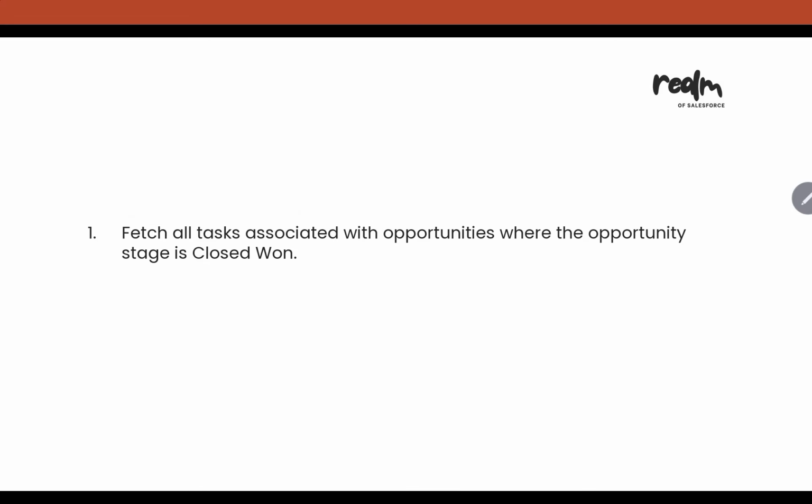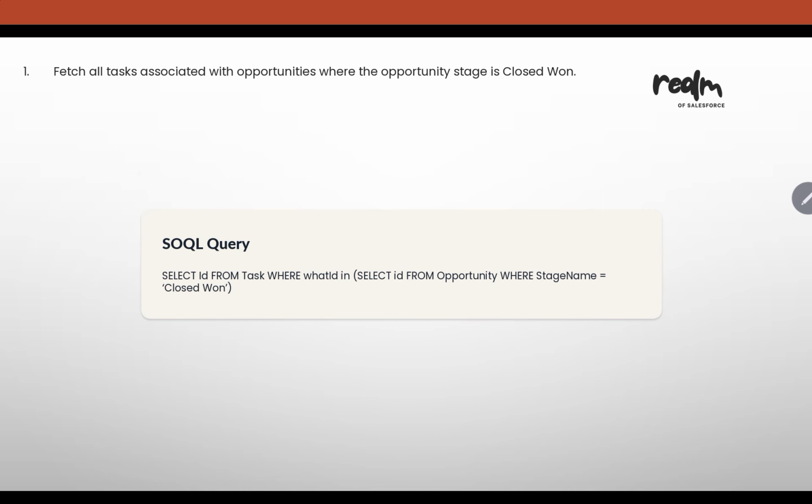Moving on to the first question. Fetch all the tasks associated with opportunities where opportunity stage is closed won. So in this type of question you have to first ask what we need to fetch. We need to fetch all the tasks, so that's why we have to write select id from task. So from task we need to write, because task is what we need to fetch